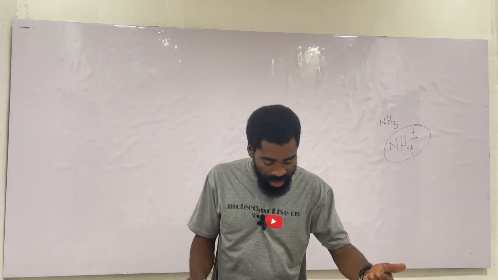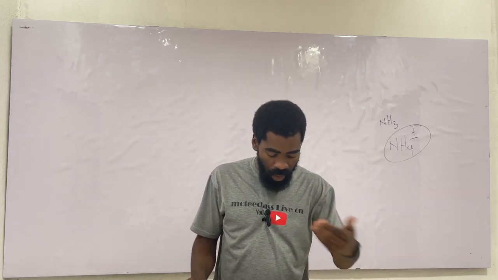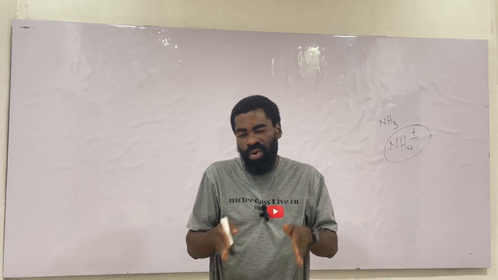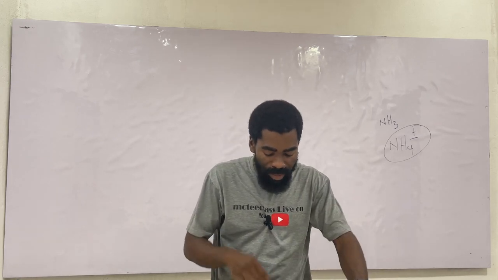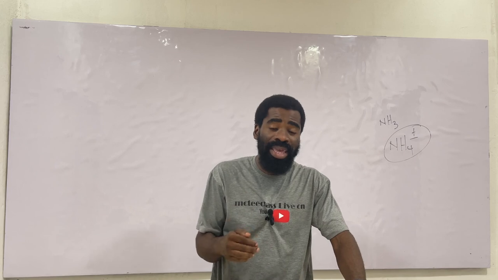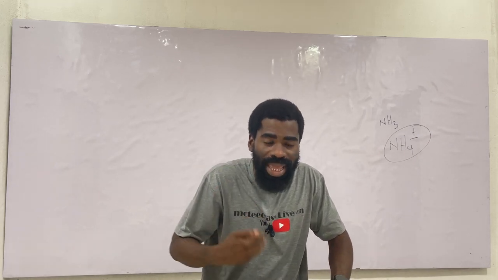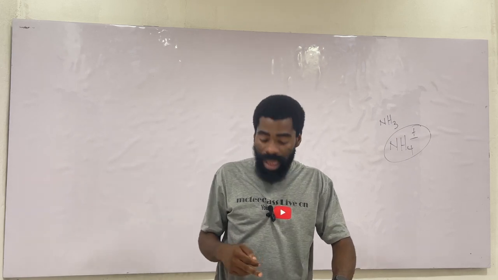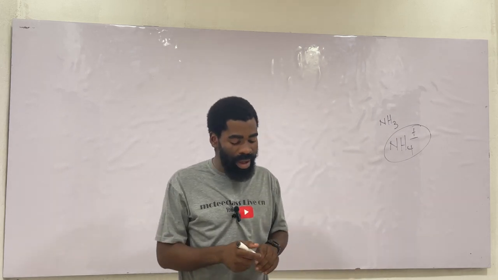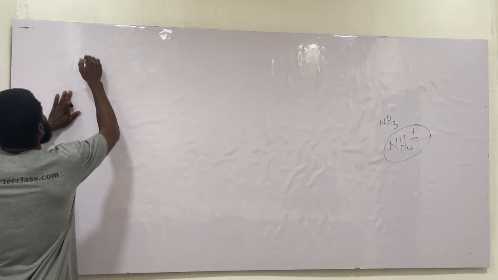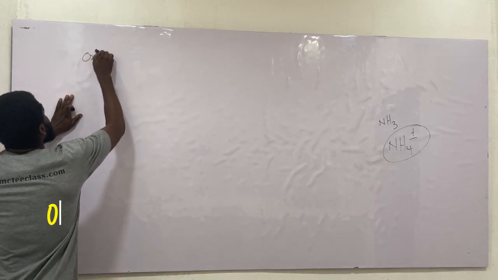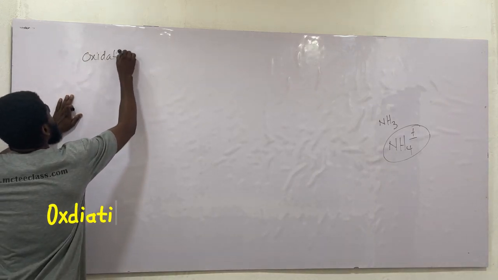Then we have the chromate ion, CrO4 2-. Then we have the dichromate ion. These ones I'm mentioning are all radicals, and we are going to see them. So you have to sit back and know all the radicals before you can use them. And I made mention of oxidation number. Now, if we say oxidation number or oxidation state,